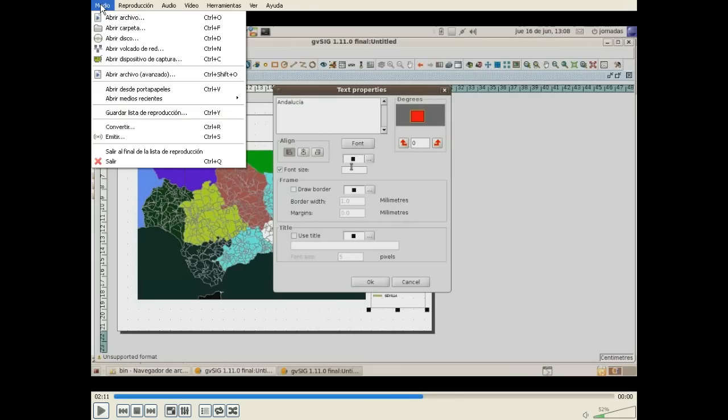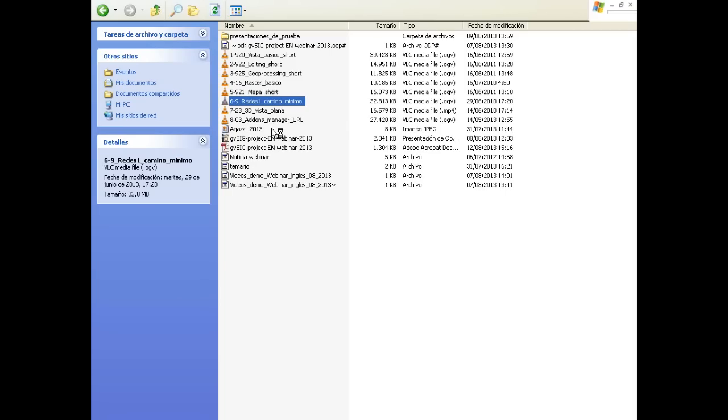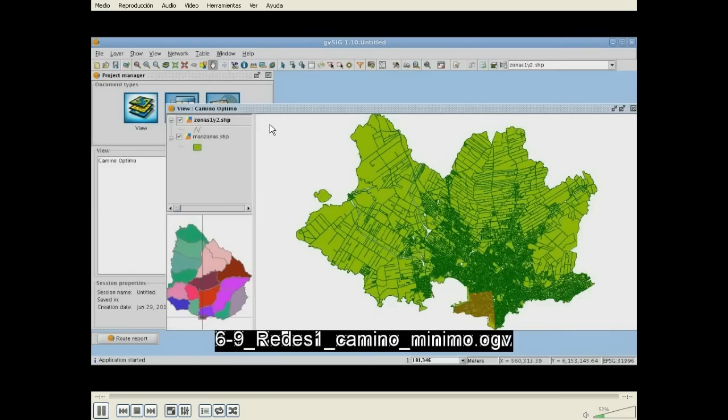I'm going to show you the next video about the two of the main extensions in gvSIG that are network extension and 3D extension. We are going to see two examples. For example, the network extension, if we have a layer, a line layer in this case with the streets,